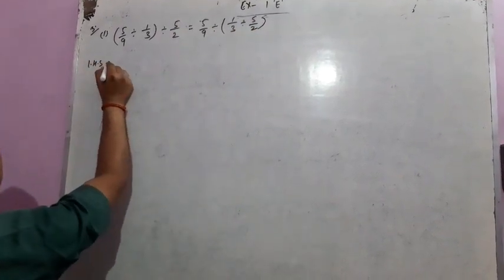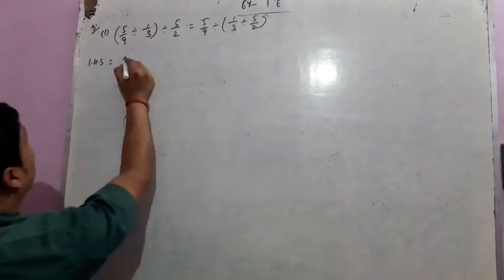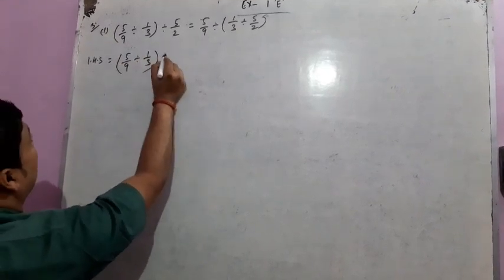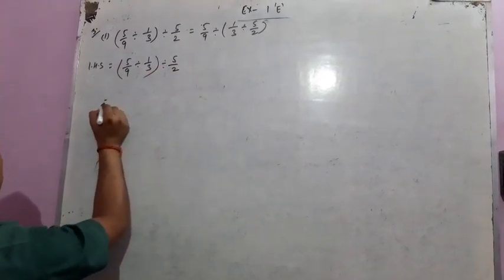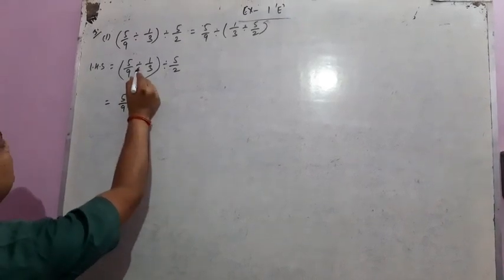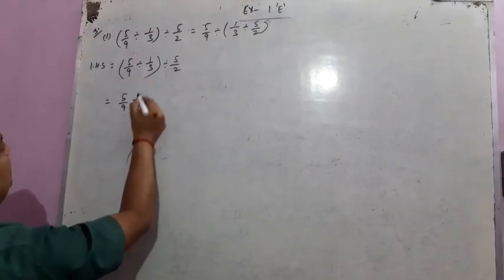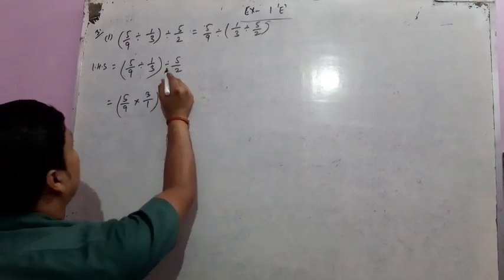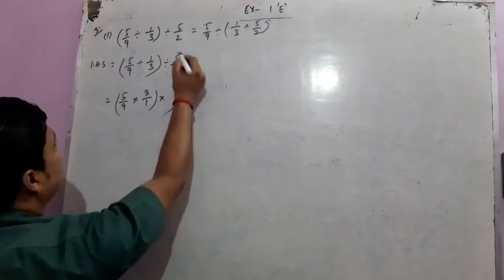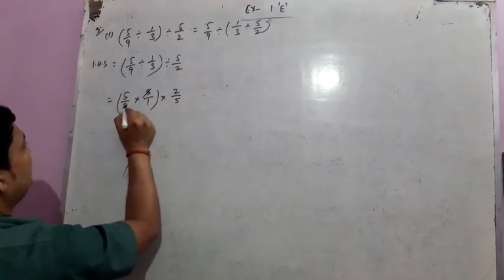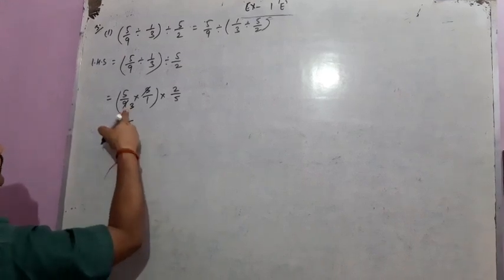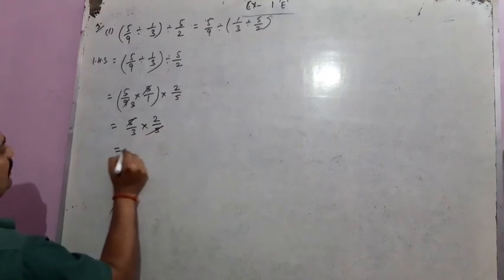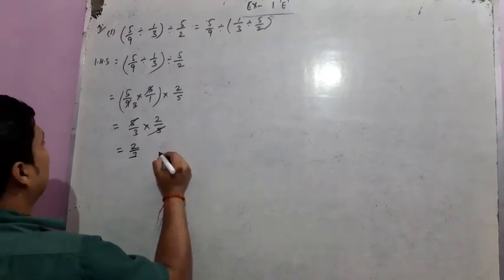Now again we have to solve the LHS and RHS separately here. 5 by 9 divided by 1 by 3 divided by 5 by 2. 5 by 9. Now this divide sign we have to convert into multiply, so the next term becomes reciprocal, 3 by 1. This divide sign we also have to convert into multiplication, so the next term becomes reciprocal, 2 by 5. 3 3s are 9, 5, 3 1s are 3, into 2 by 5. 5 5 cancel here. The result will be 2 by 3. Now RHS here.